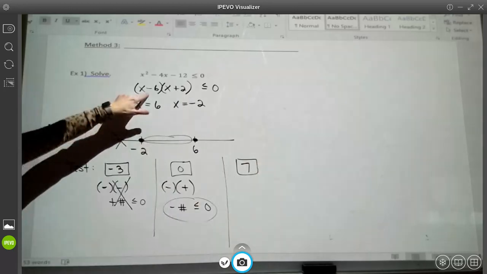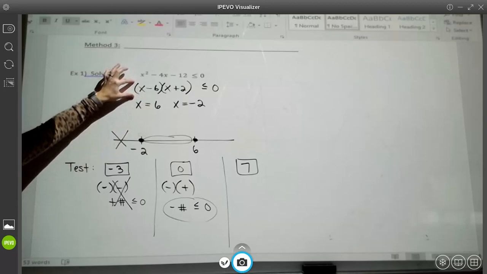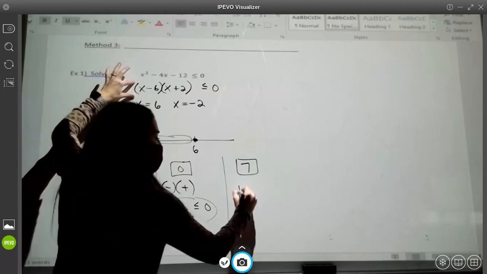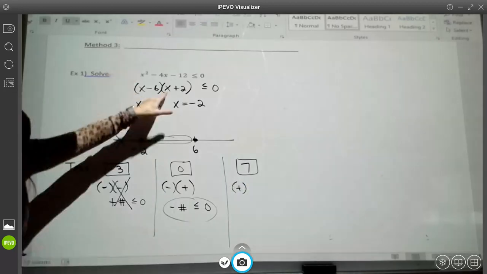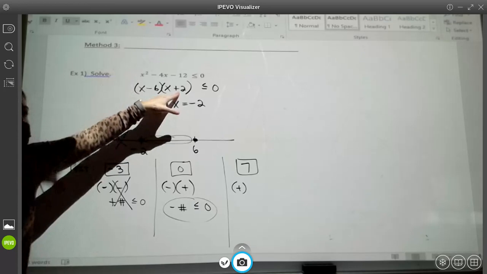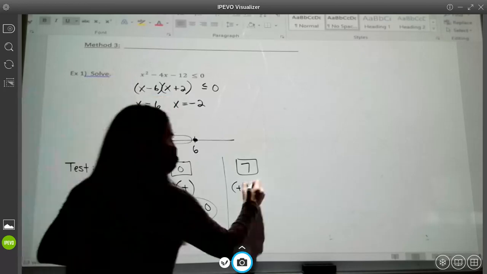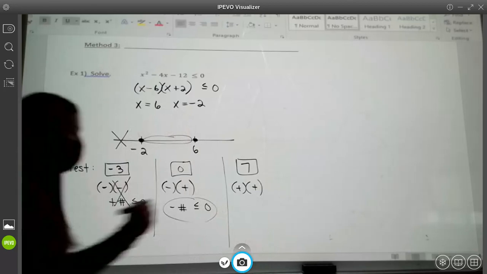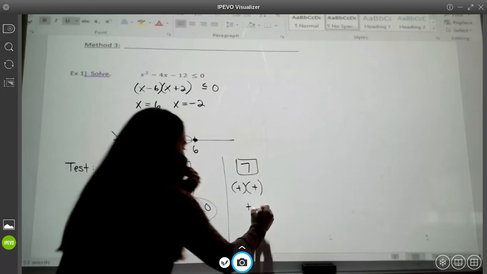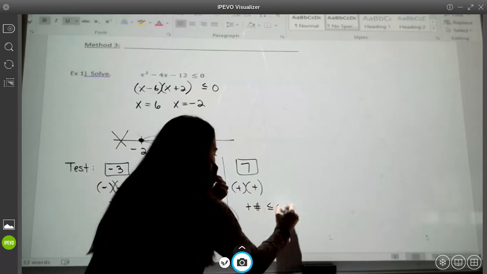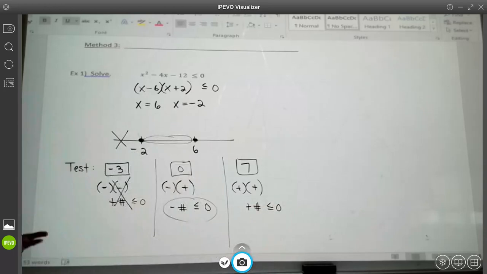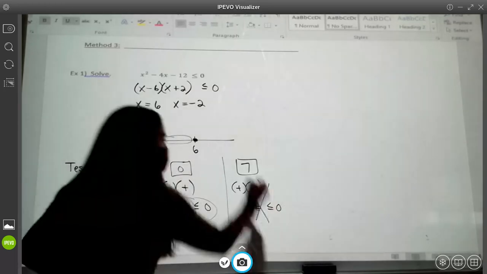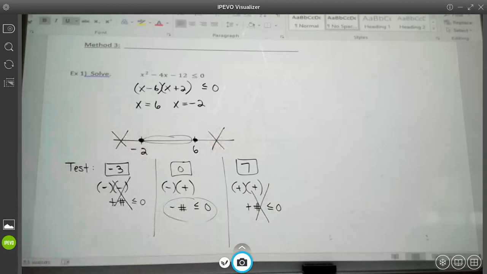Positive. Is 7 plus 2 going to be positive or negative? Positive. What's a positive times a positive going to be? A positive. Is a positive number going to be less than or equal to 0? No. So these are not good answers either. So the only x values that make our inequality true are the numbers in between -2 and 6, including -2